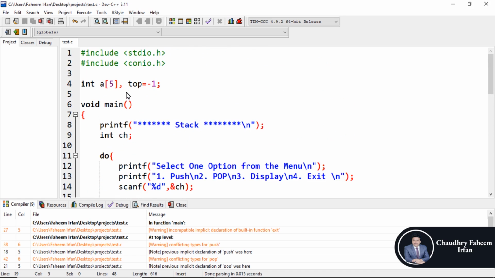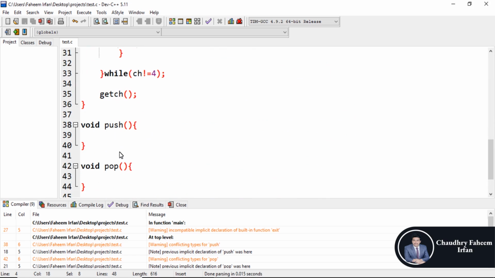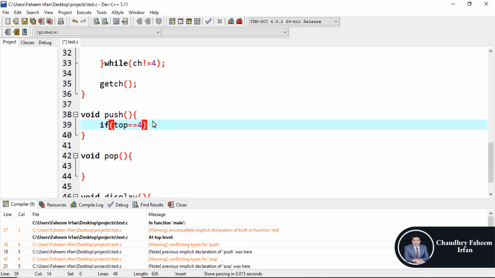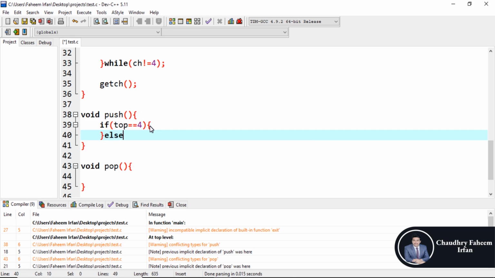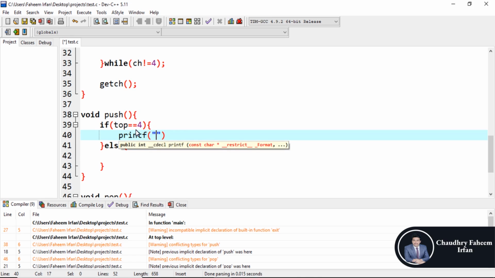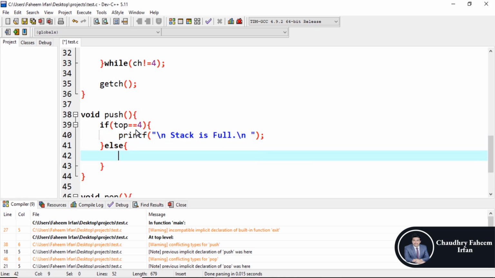Here check where the top is, and for that, if top is equal to 4, it means the stack has 5 values, because starting from 0 to 4 there are 5 values. So we can say that the stack is full. So print a message, new line, stack is full, new line. And otherwise,